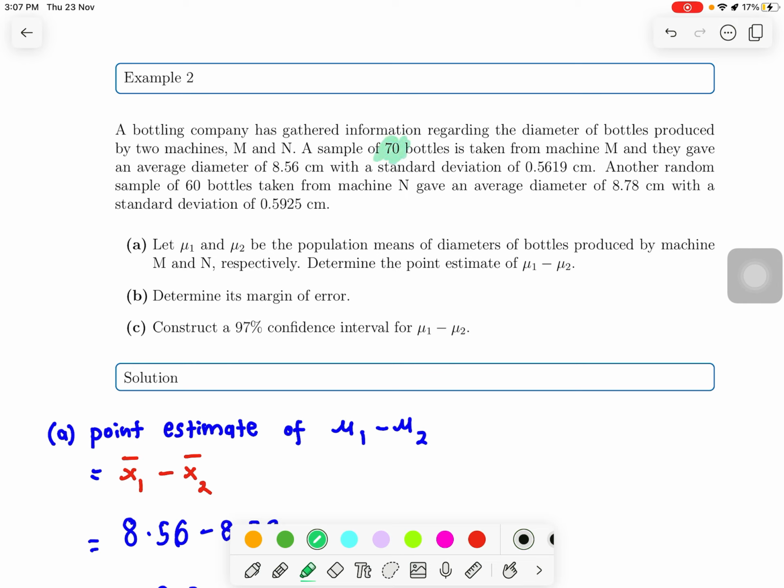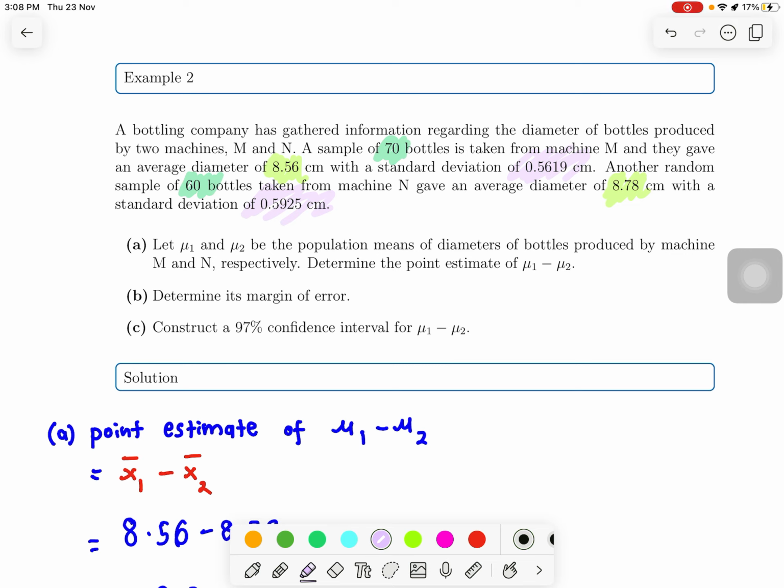Okay, the next sample size is here, and then we take the average for M and average of N, and last we have the standard deviation and also standard deviation. Right, so